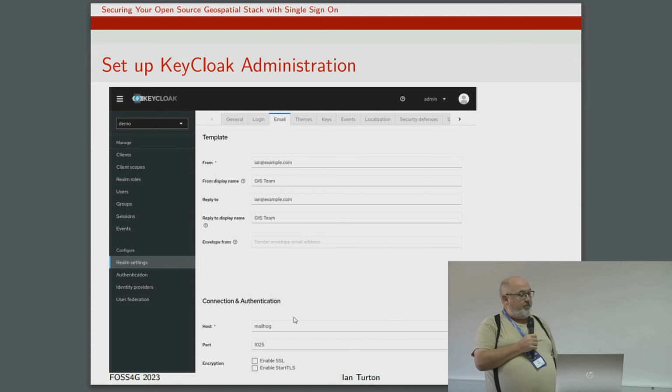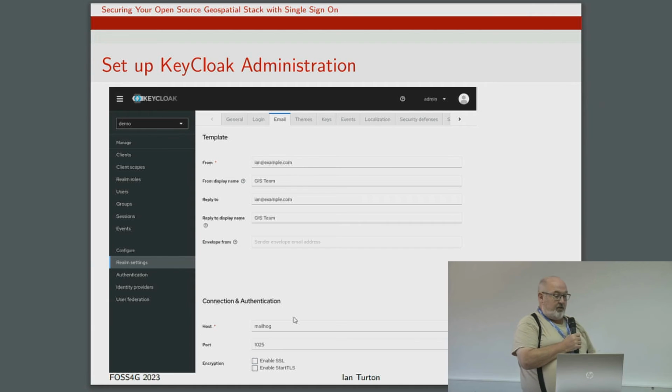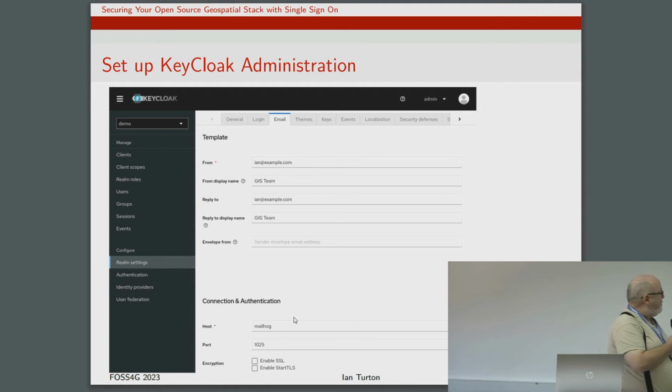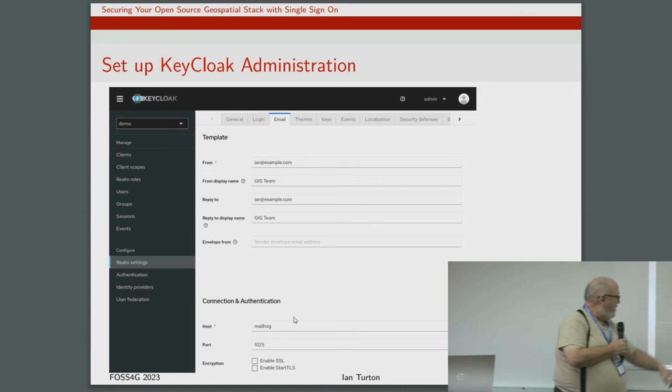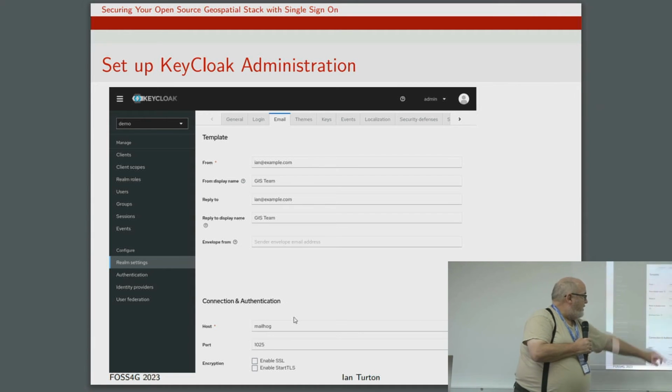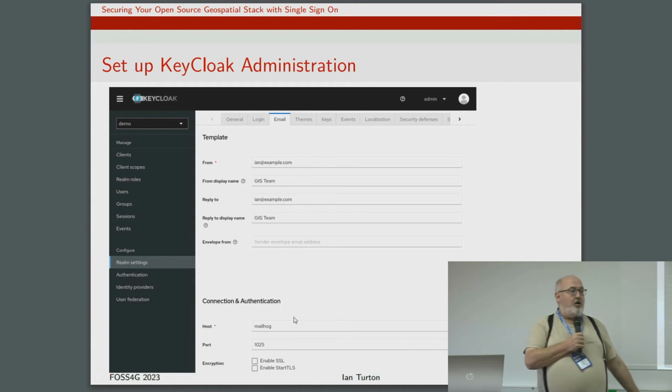So if you want to set up Keycloak administration, it's a lovely GUI that it provides. It's all web-based, and it's basically tabs. There's a nice menu down the side. You set up stuff like the emails, who's sending emails. You'll see in there that I'm using MailHog.